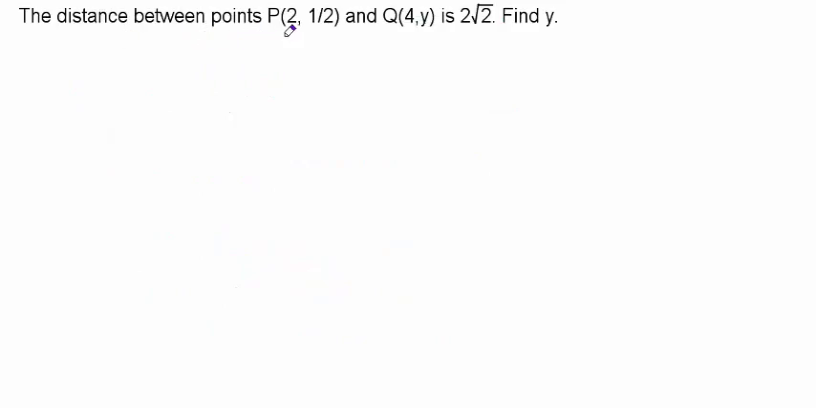The distance between the points P (2, 1/2) and Q (4, y) is 2 times the square root of 2. We need to find the value of y, the y coordinate of point Q. So let's straight away apply the distance formula. The distance between 2 points is given as